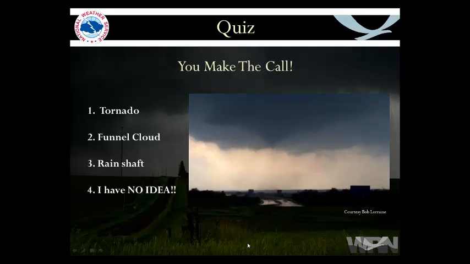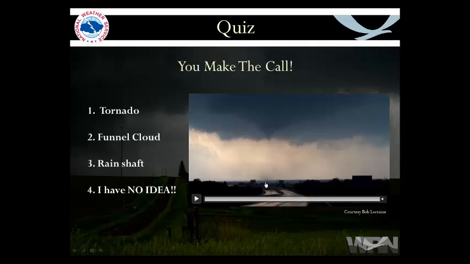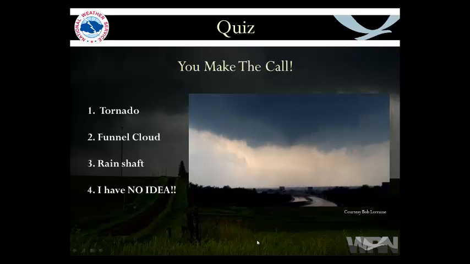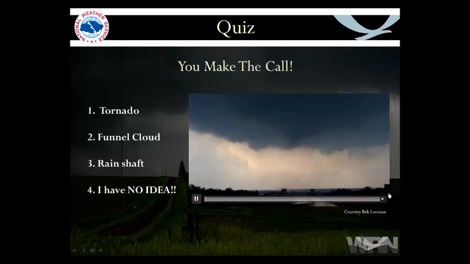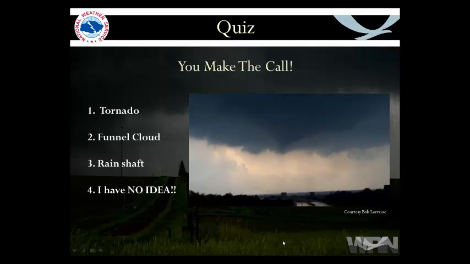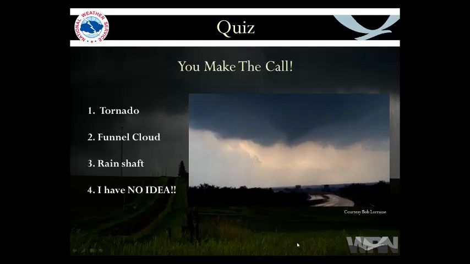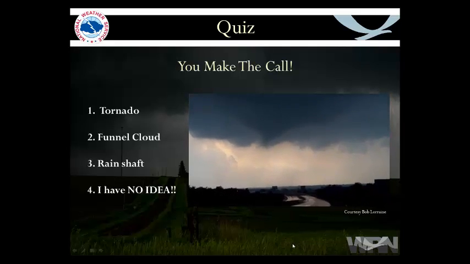Zooms in a little bit closer. So remember the definition again of a tornado: a violently rotating column of air in contact with the cloud to the ground. Let's zoom in a little closer. More video. And we certainly have what looks like a funnel aloft. As we take a closer look on the ground,